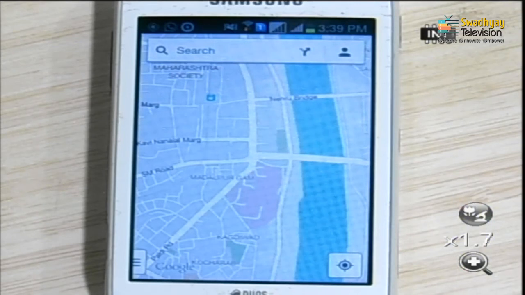So, here you can see that our required location is displayed in the inbuilt Google Maps application, and you can use all the features available in Google Maps for doing whatever you want on maps.